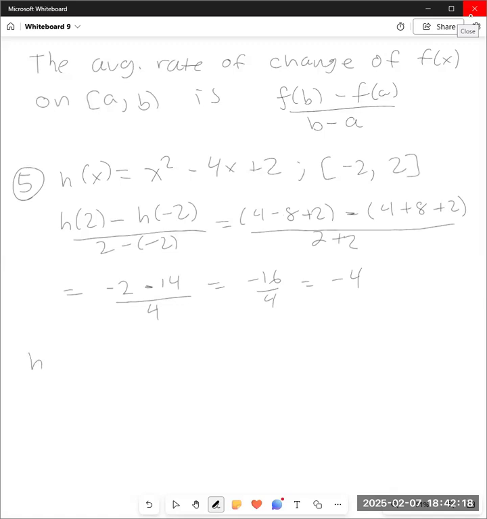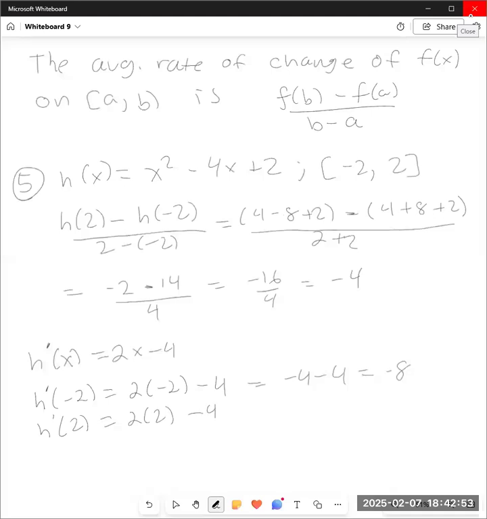Let's go ahead and find our derivative h prime of x now using our power rule. 2 times 1 is 2, and drop that exponent by 1. 1 times -4 is -4. Drop the exponent by 1 and it's x to the 0, so I don't write that because that's just a 1. Now we can go ahead and substitute h prime of -2. It's going to be 2 times -2 minus 4, which will be a -4 minus 4, which is -8. And h prime of 2 is going to be 2 times 2 minus 4, which is 4 minus 4, equal